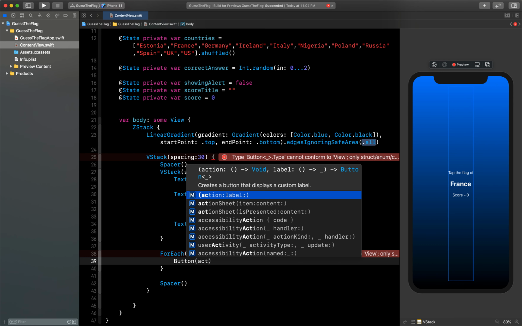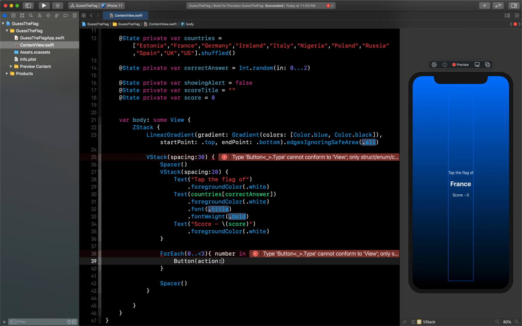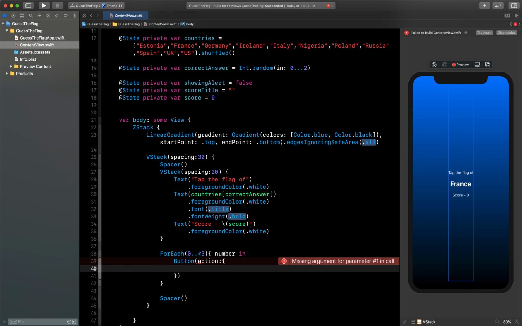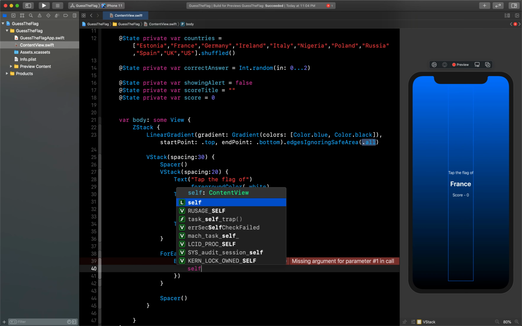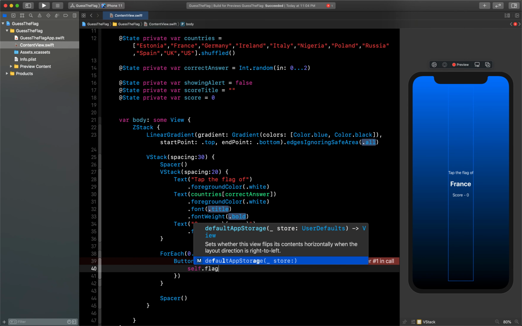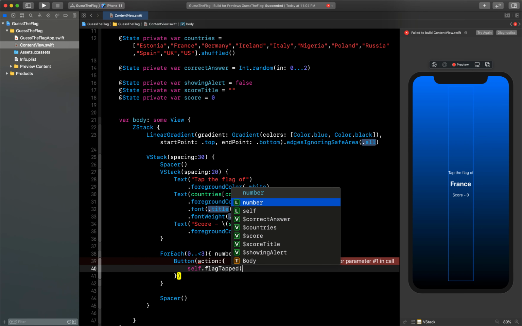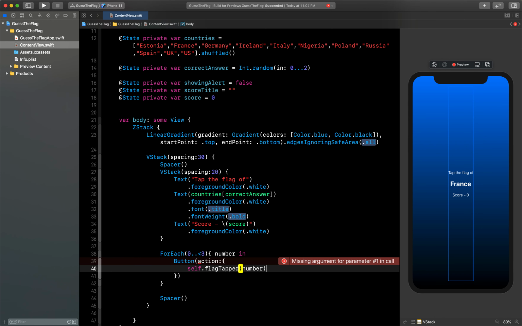Inside this I need one action, and for this I will say self dot, I'm going to create one method which is flagTapped, and to this I want to send the number. This we have not created currently, so I will comment this out.